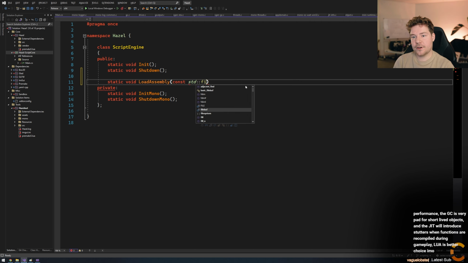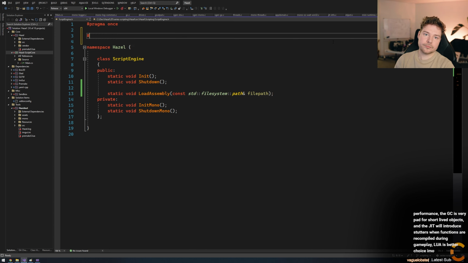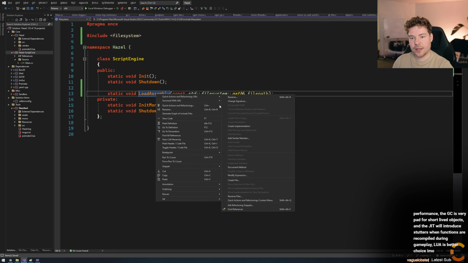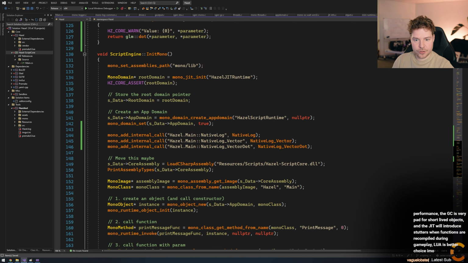Const std file system path file path. So we'll just use the file system file path for now, and we'll make it a public function. So this now is going to do basically this.